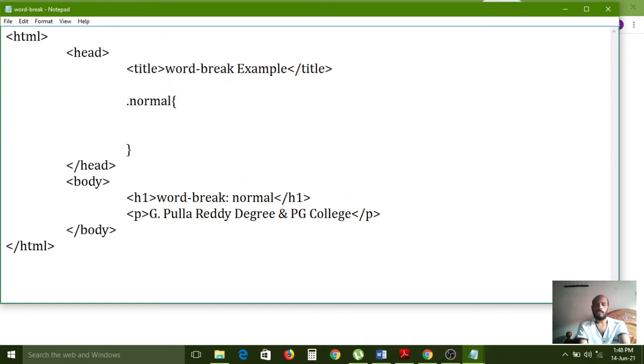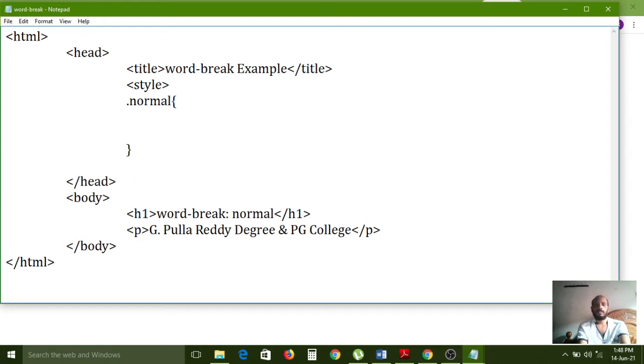A style tag is also required now. If you want to apply any styles, the style tag is compulsory. So the style opening and style closing tag are required, and in between these two tags, whatever styles you want to apply, you can use like this. So normal.